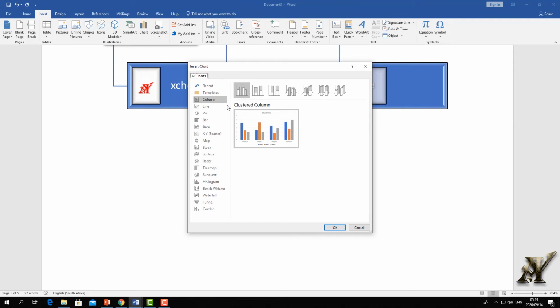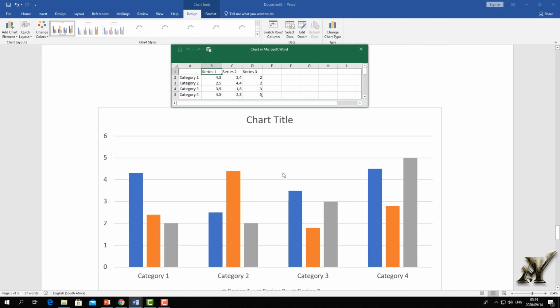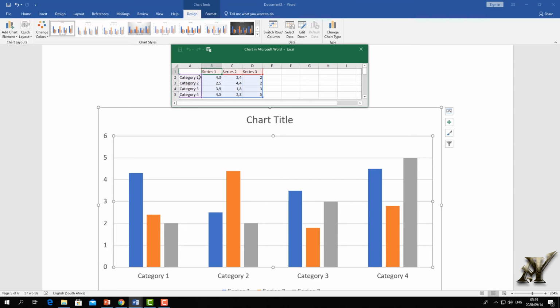So I will choose a different chart. I can choose line, pie, bar, everything. So I will choose this one and then insert it. When I insert this, it takes me into Excel. So I can choose category. Actually, I'm going to call it